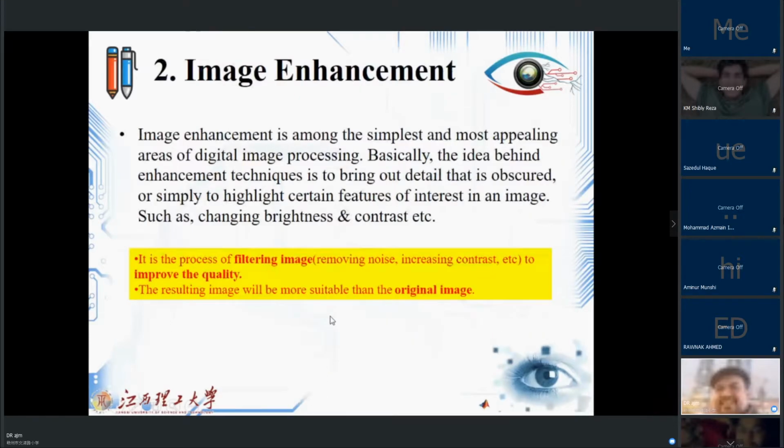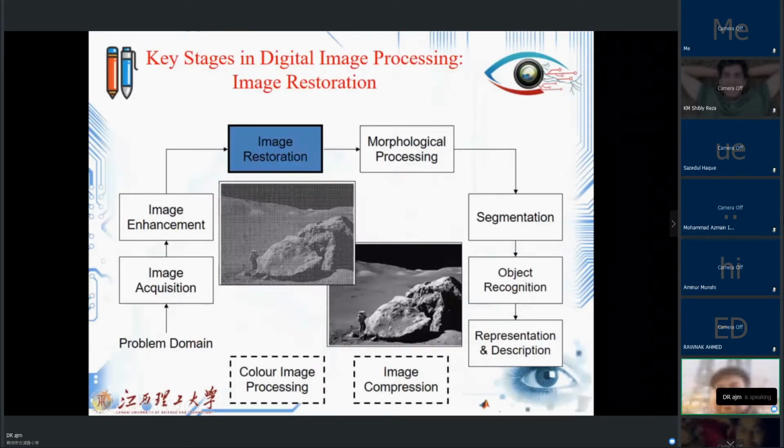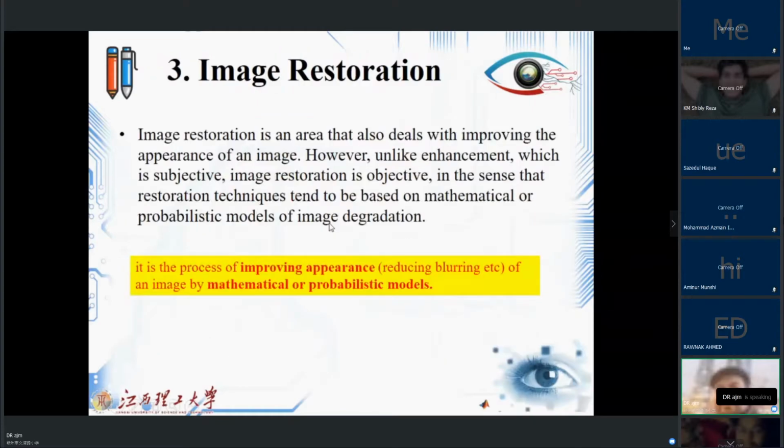Okay, the next part is image restoration. You will see this photo, which is related to the moon, and the output which I show here. Let us see what the definition is for this block. We can call this an area that also deals with improving the appearance of the image. However,